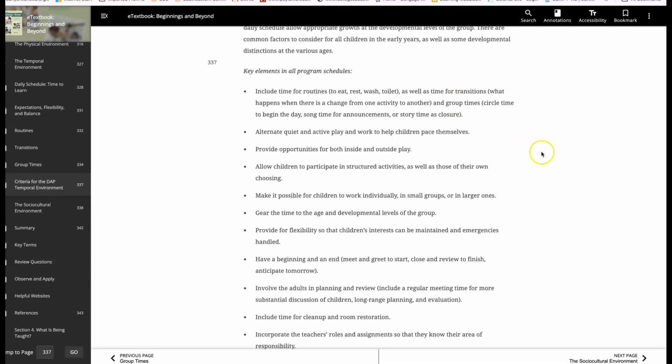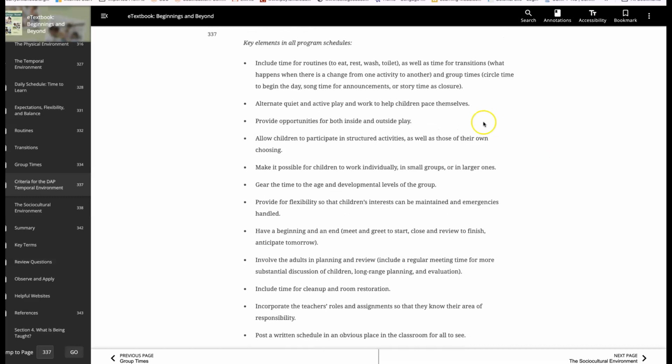So you want to make sure that there's time for routines. Routines are washing hands, going to the toilet, eating, etc. And you want to make sure that there's transitions. You want to make sure that you alternate quiet and active play. And so that means you want to make sure you have a group time, and then children have learning centers or activity centers, whatever you may call it.